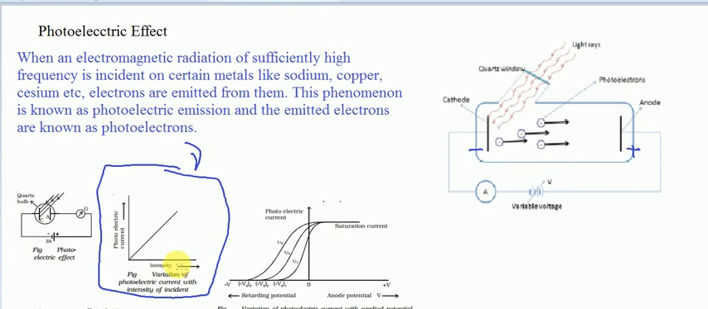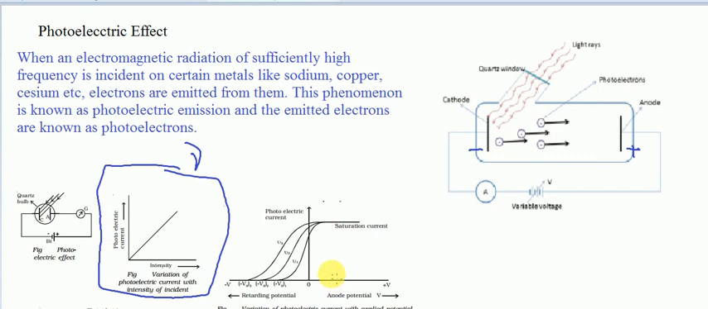So what they observed is that on increasing the intensity of light, photoelectric current also increased. That is the first observation based on this experiment. Okay. In the next experiment setup, we can see that